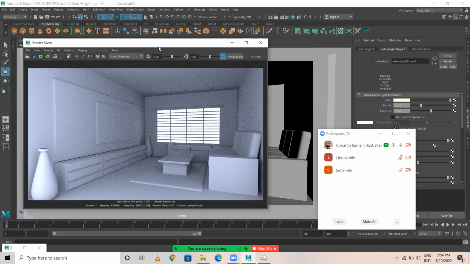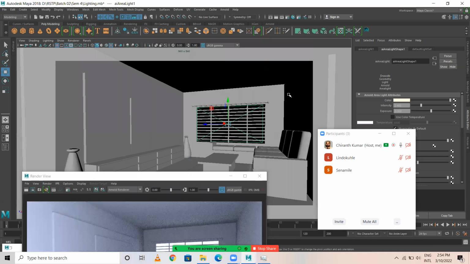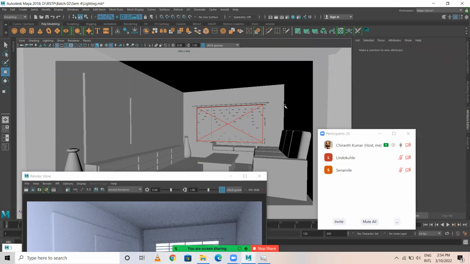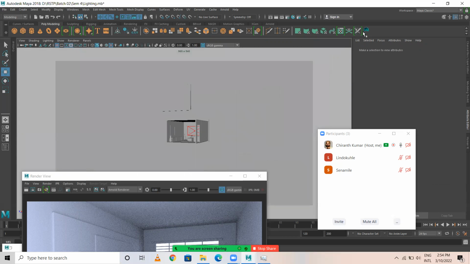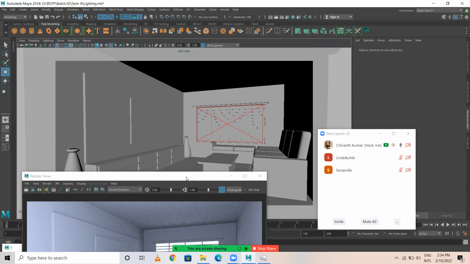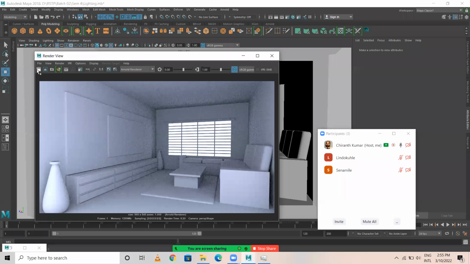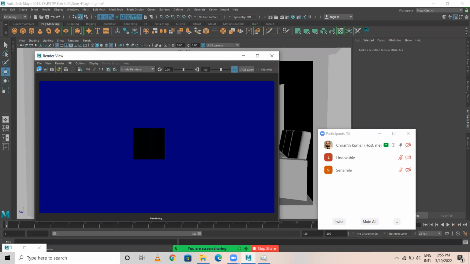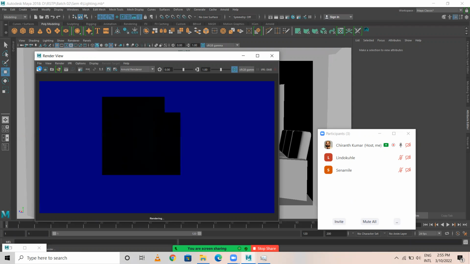Okay, so there's one more approach. I can select this outer sun sky light and delete that. I deleted the skylight outside, which was there. Now I have only one light. With this light, let me just take a render and see how this looks. See, lighting is all about experiment. You have to do a bit of trial and error. Then only you get to see some output.